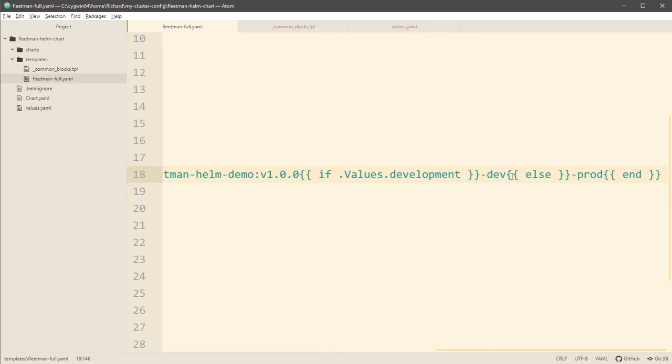I won't bother testing that. I promise you it does work, and try it for yourself if you want to test that. But just to keep on track with this practical, remember we don't have a requirement for that. So I'm going to remove that else block so that we have nothing rendered there if we're in production.